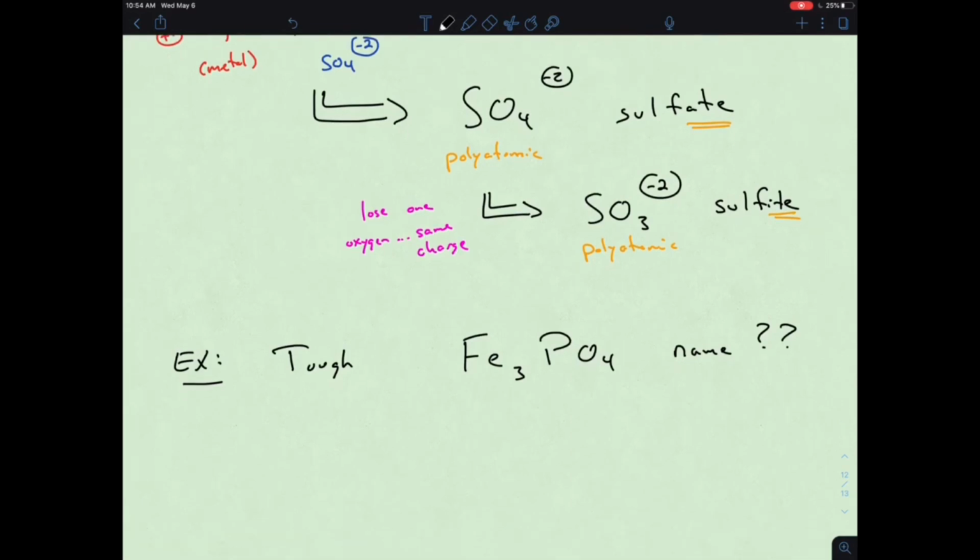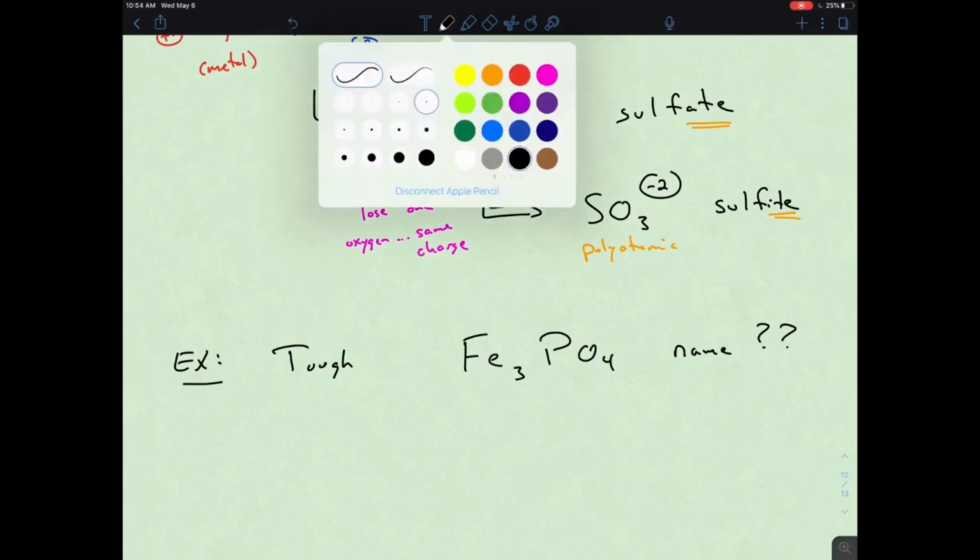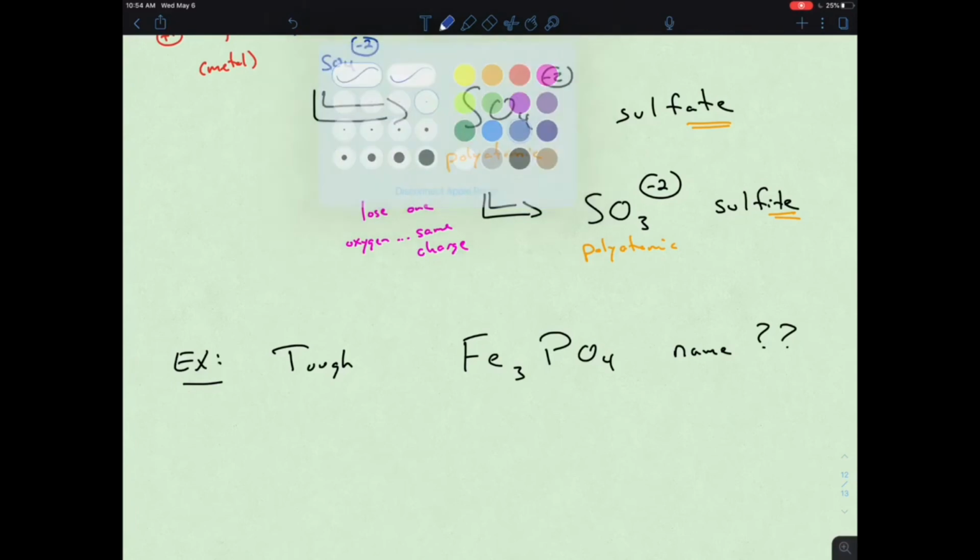And so this would be really the highest level of bringing together not only this idea of polyatomics, but also the idea of transition metals as well. And if we look at the PO4,